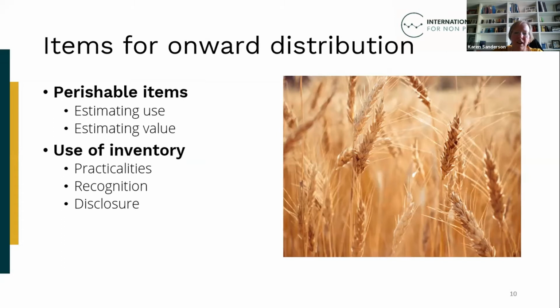However, if the item that's been contributed doesn't generate any proceeds, it's possible that as well as not recognising revenue on receipt of the donated item, revenue might not be recognised subsequently because it doesn't have a sale value. So this means that donated inventory that cannot be reliably measured might not appear anywhere in the financial statements. And as a consequence, it's possible that revenue is never recognised for items received for onward distribution. And if you were to be transparent, then disclosures would be needed to show this.